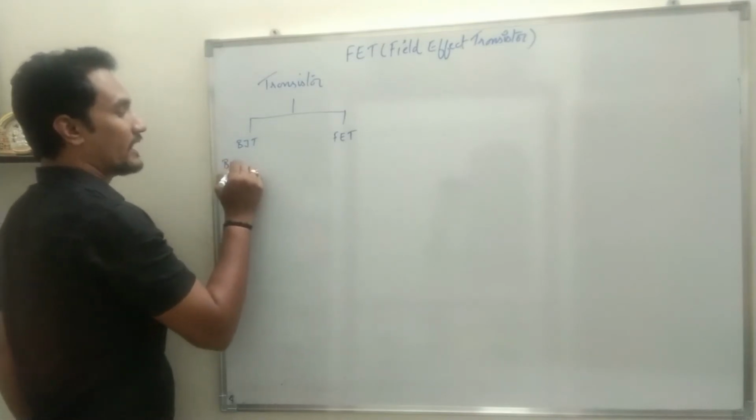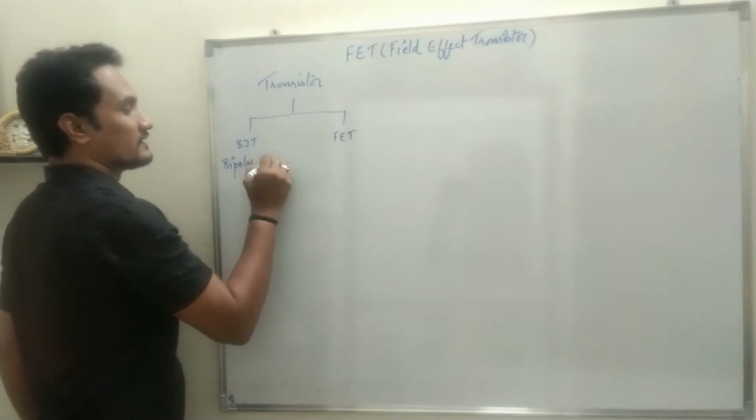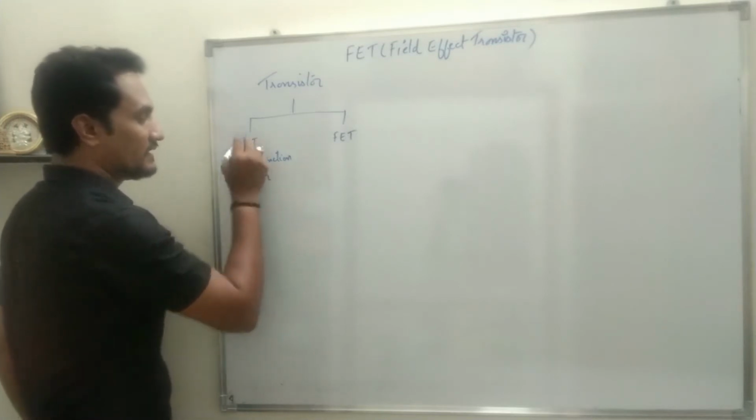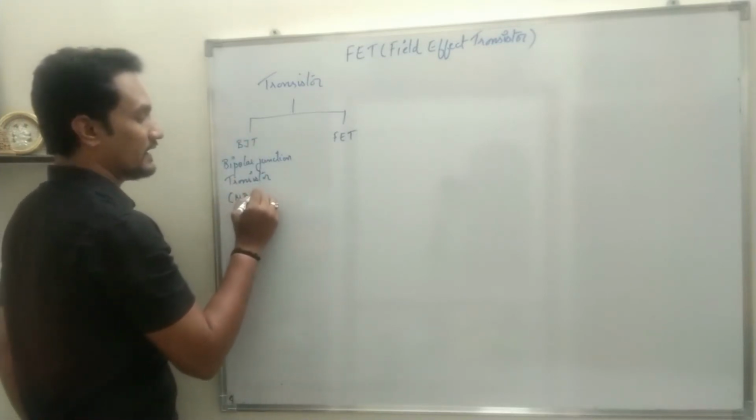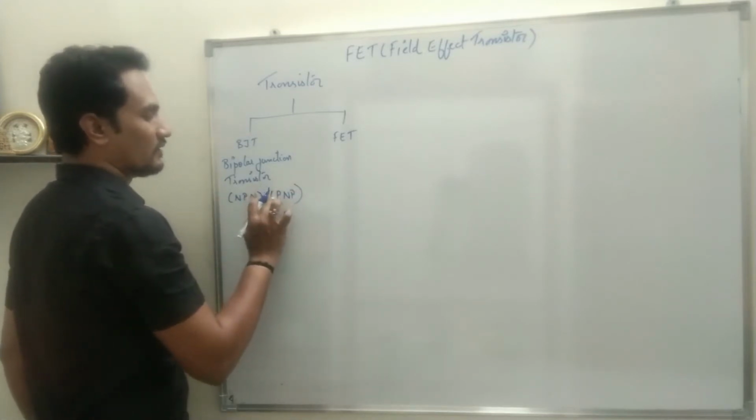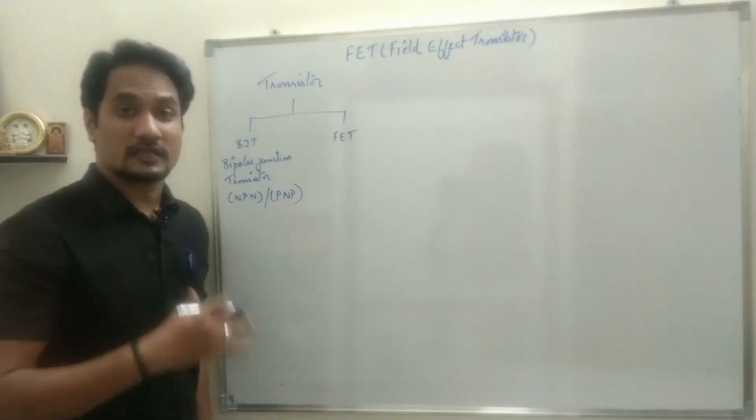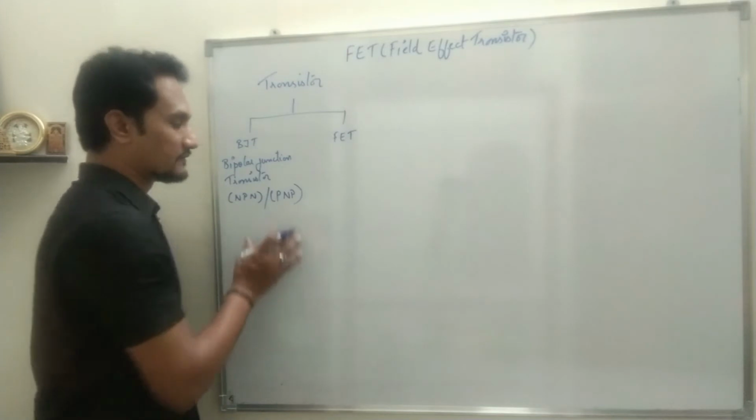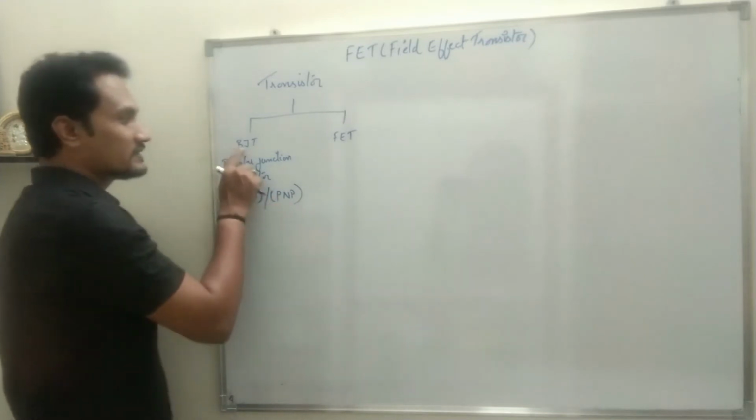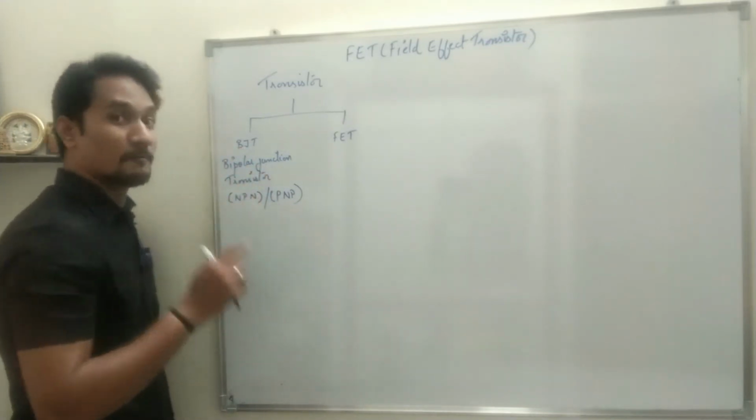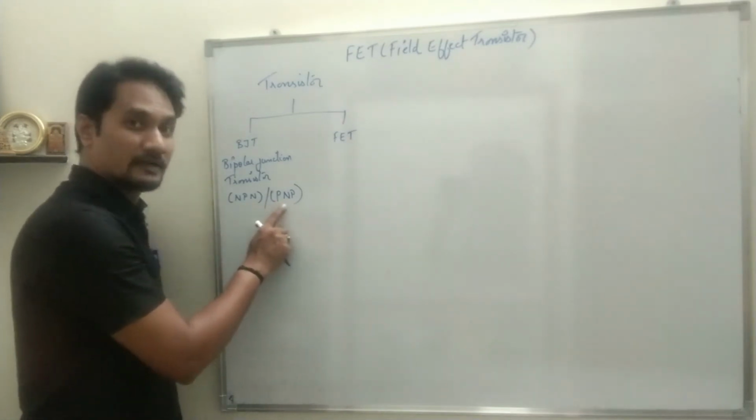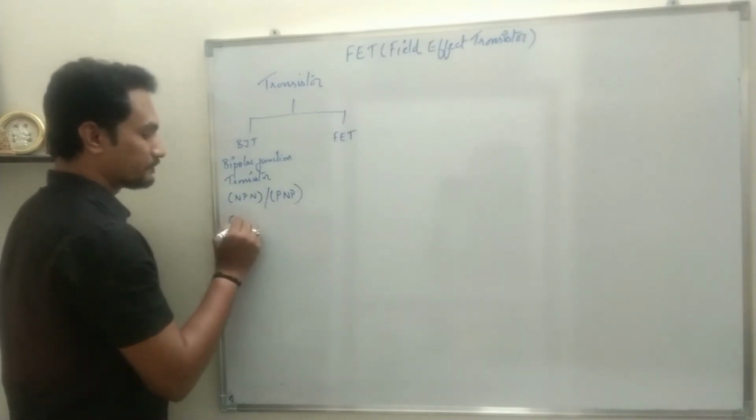BJT stands for bipolar junction transistor, and under this heading we try to understand NPN transistor and PNP transistor. All the electrical parameters, all the configurations, types, everything, input and output characteristics, detailed study we have done for BJT. Now this is called bipolar junction transistor because if you recall the working of NPN and PNP transistor, the current conduction